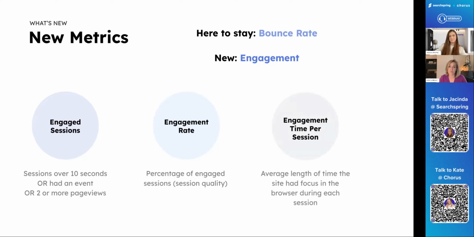Google in Universal Analytics might be counting that as a valuable session, but really, unless that customer is actually staring at our screen at the time, I'm not that concerned about that particular session. So the average engagement time per session gives me a really good idea as to the quality of that session